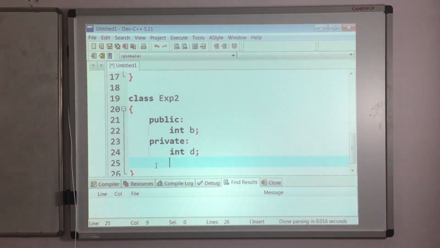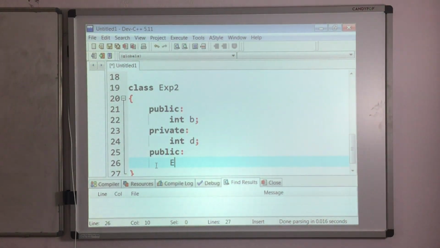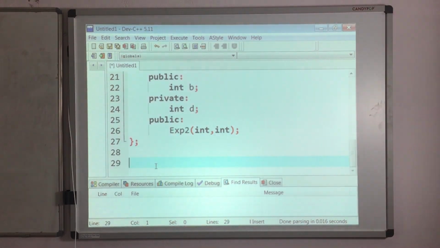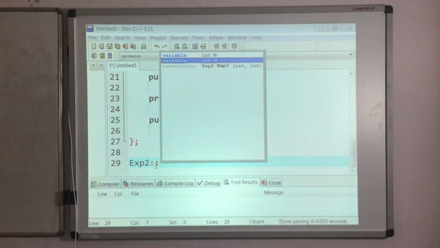Again, to initialize these two data members inside exp2 class, we need a constructor. That constructor will be exp2, and this constructor is also going to take two parameters. Next, write the definition for that exp2 constructor, qualify it with exp2 class.